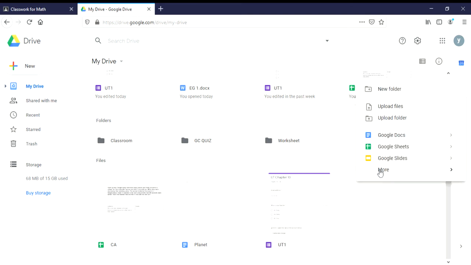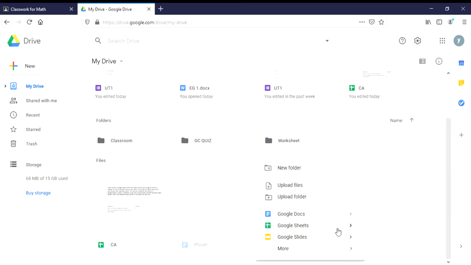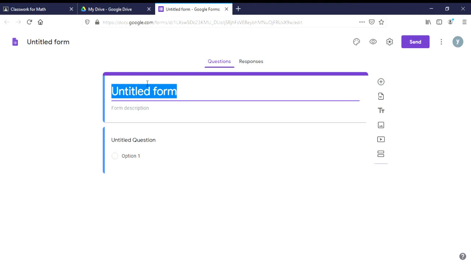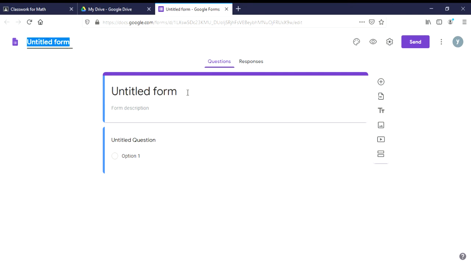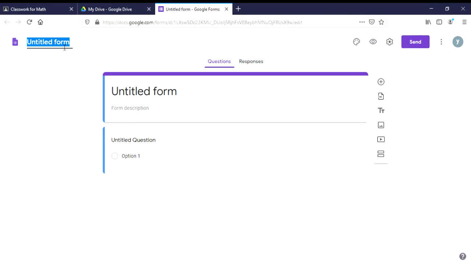The other one is you can create questions using Google Form. This is one of the types of question that has been done. I'm going to show you how to create one. Google Form. Once it's open, what you can do is there are two places for you to put the title on. This title will be the title that will be seen by your students when you put it in the Google Classroom, while this one is the title that will be seen when you put it in the Google Drive.